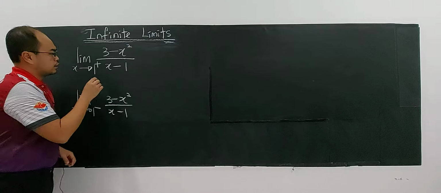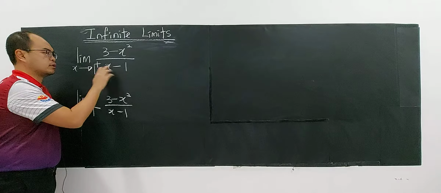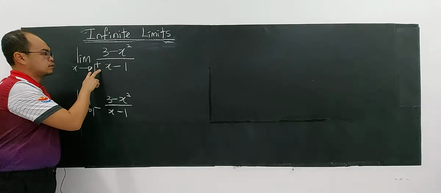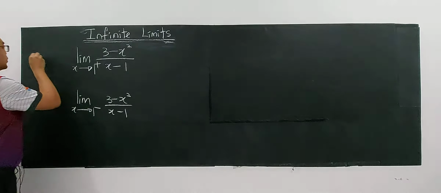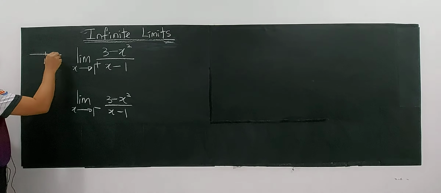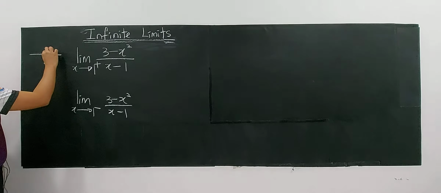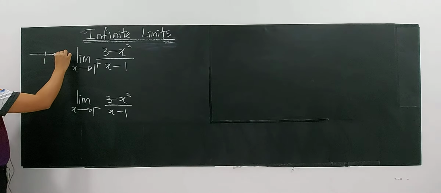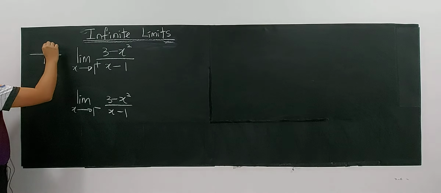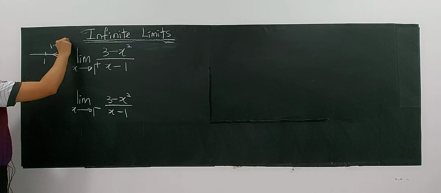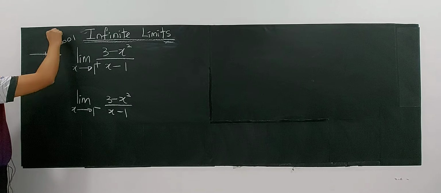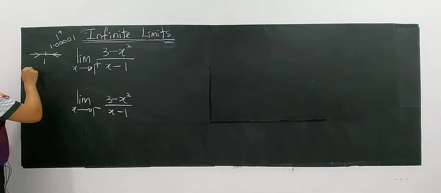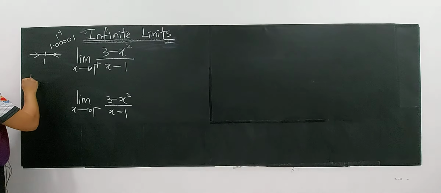You know that 1 plus is a number very near to 1, but it's from the right. From the right here means that you're going from the right, but not reaching 1. It's not reaching 1, it's approaching. Approach means that it can be 1.001. This is something from the right. So from the left is something like